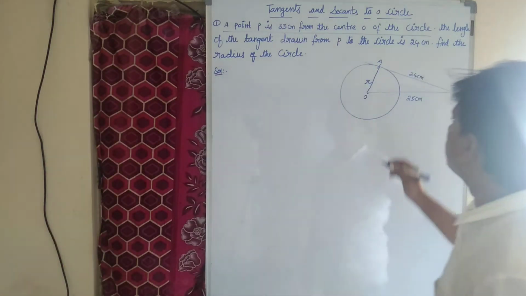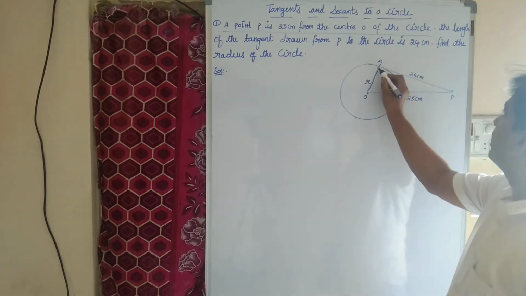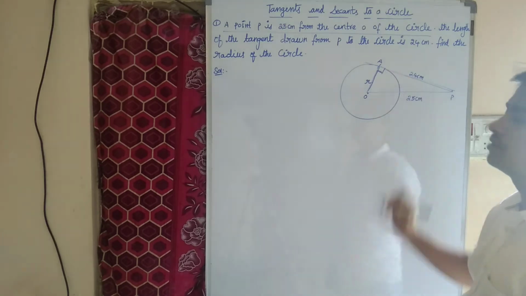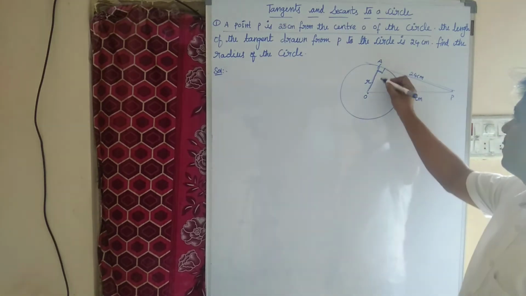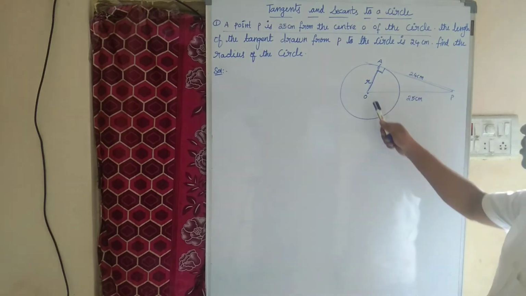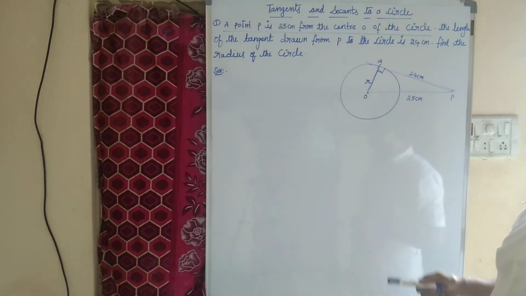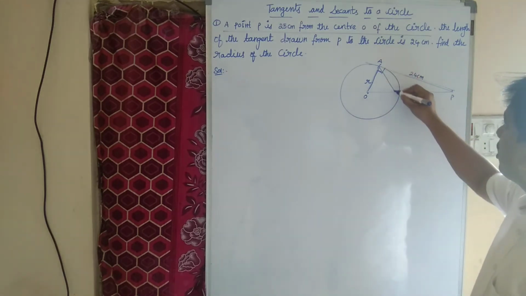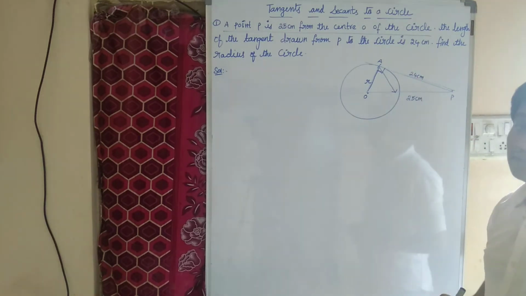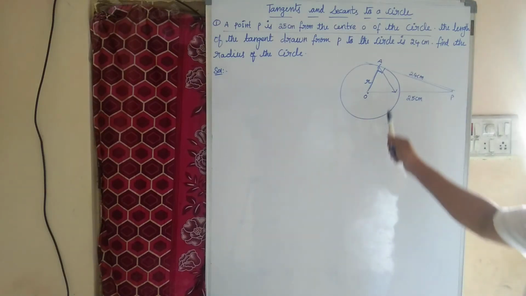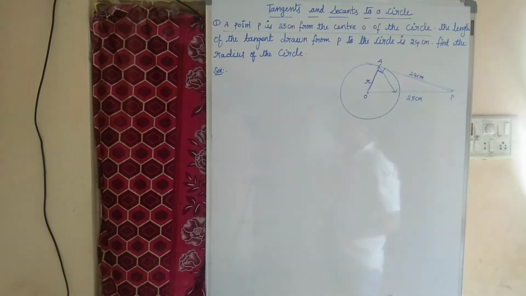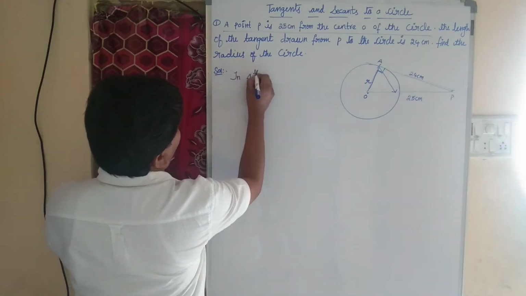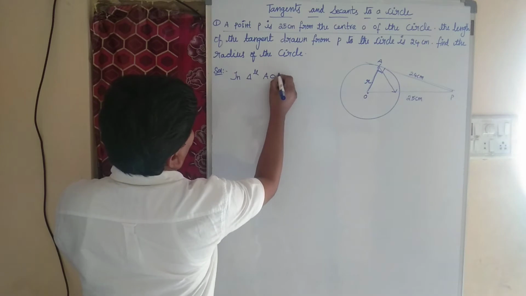Okay? As we know that this is our radius and this is our tangent. We know that radius is perpendicular to the tangent. Right? Radius is perpendicular to the tangent. Therefore, triangle OAP is a right angle triangle. As we know that the side opposite to right angle is called as hypotenuse. So here we can apply Pythagoras theorem. Okay. Now in triangle OAP, in triangle AOP or OAP,